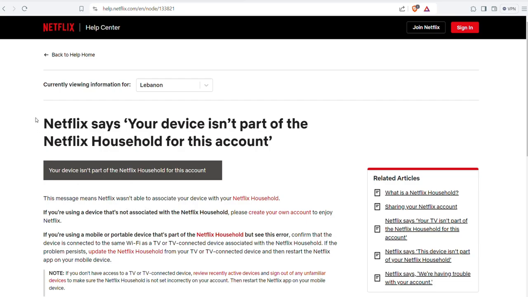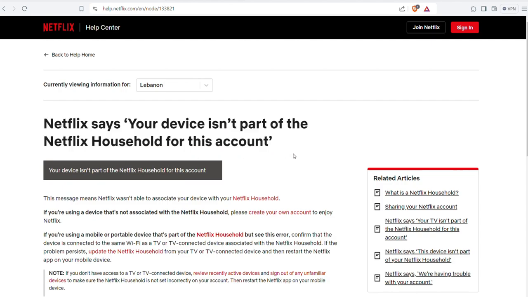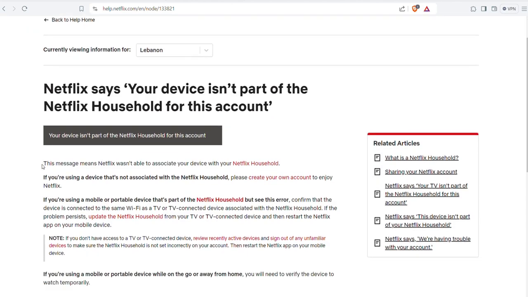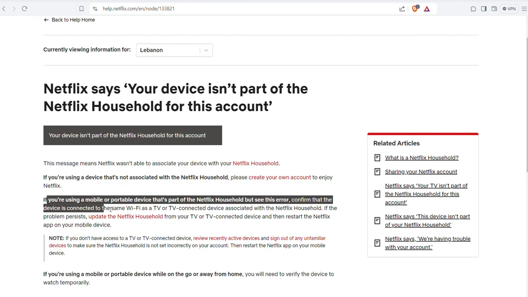So today I'm gonna show you how to fix your Netflix "device isn't part of the Netflix household" error for this account. So if you see this message, "Your device isn't connected with the Netflix household, create your own account to enjoy Netflix," and you're using a portable device that's part of the Netflix household but you see this error,